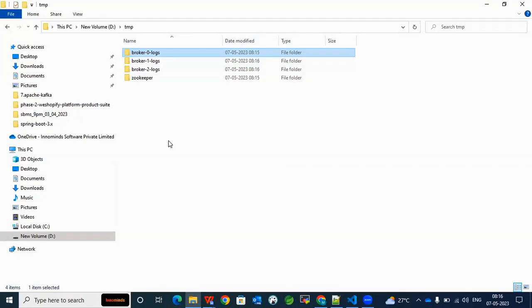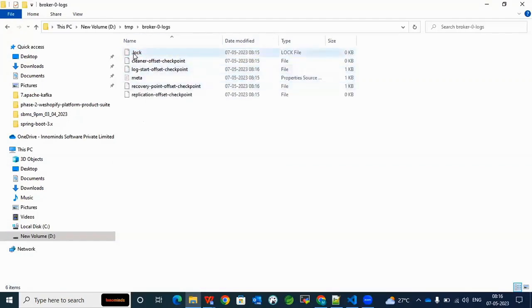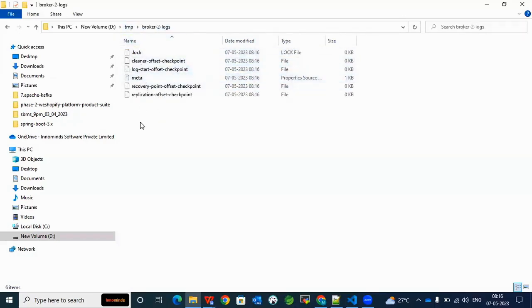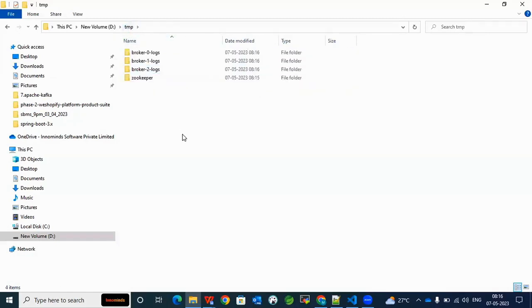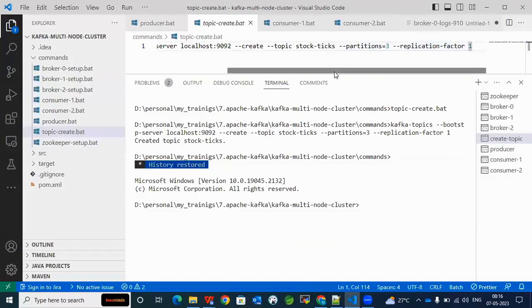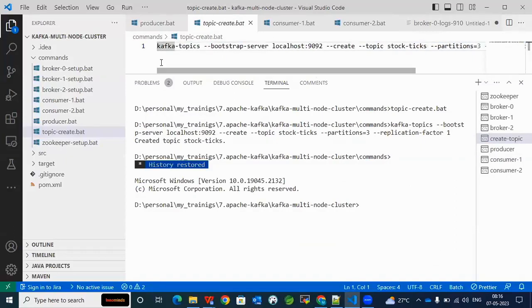Now carefully observe. Broker 0 now doesn't contain any topic here. Nothing. Broker 1 doesn't contain anything. Broker 2 doesn't contain anything. Now let us create a topic. This time let us create a topic with the